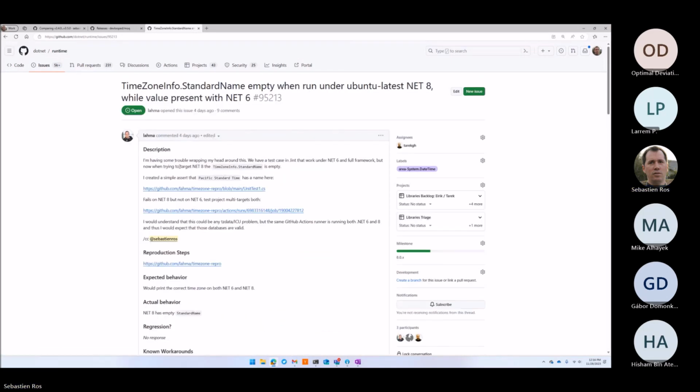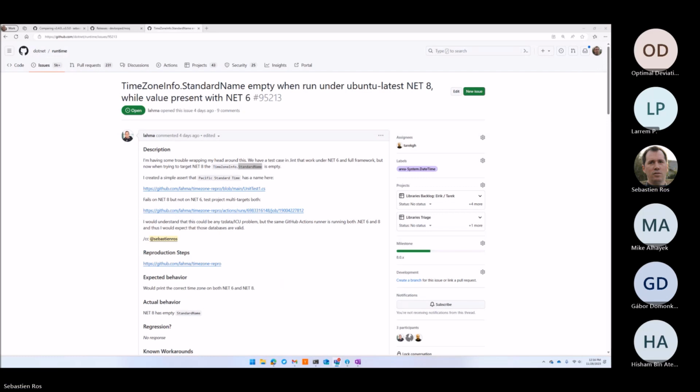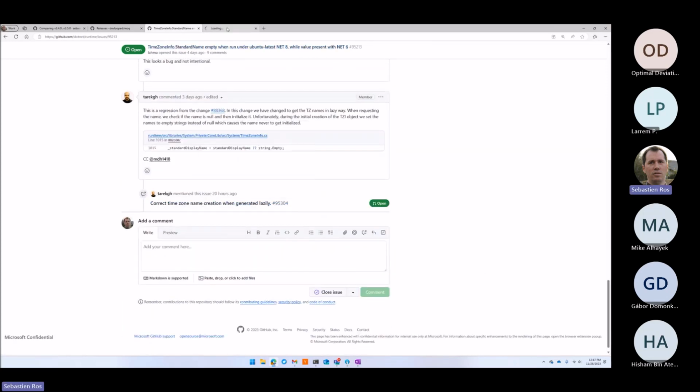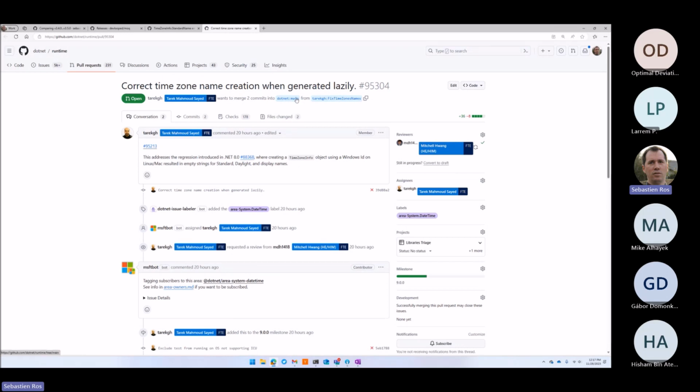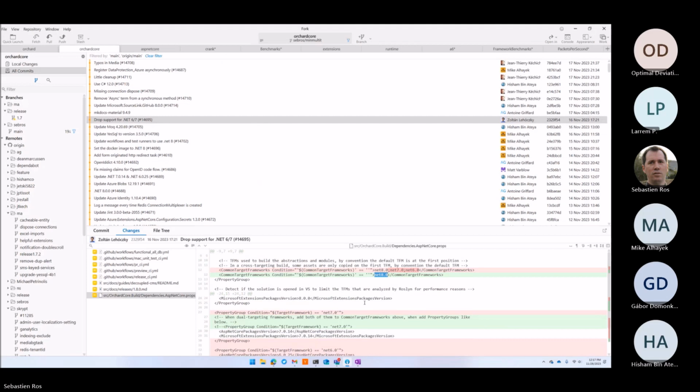This one. Okay. And if we use the standard main property, we need to check if we use that. I will paste it in the chat for those who want to check. Pasted. It has been acknowledged and it's fixed right now just in .NET 9, but I believe once it's merged in main for .NET 9, it will be backported to .NET 8 for the next version of .NET 8. So yeah, talking about updating, supporting .NET 8 only. And I think that's it.